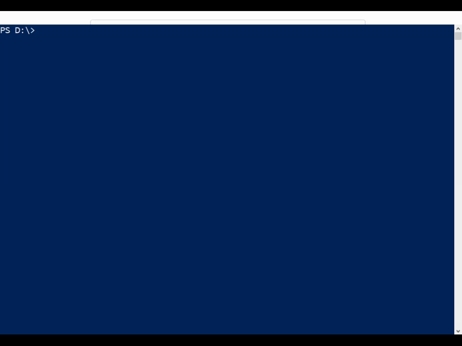So in our PowerShell, we are going to use the wget utility and the website icanhazip.com, and we are going to fetch its content, which returns the IP address,